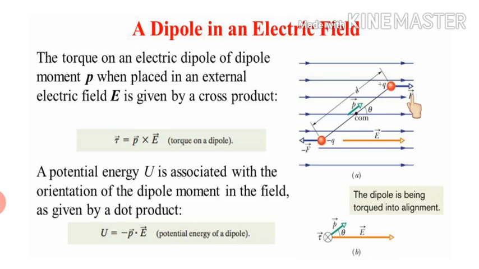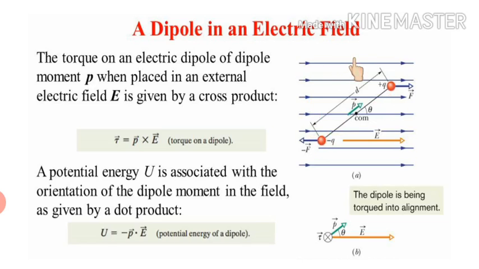And how much force will be acting on this charge because of the electric field? It will be qE. And similarly, the minus q charge will also experience some force due to the electric field, but this time the direction will be opposite. It will be in this direction, but the magnitude will be the same. The magnitude will be qE only. So as two equal and opposite forces are acting on these two charges, the net force will be zero. The net translating force will be zero.